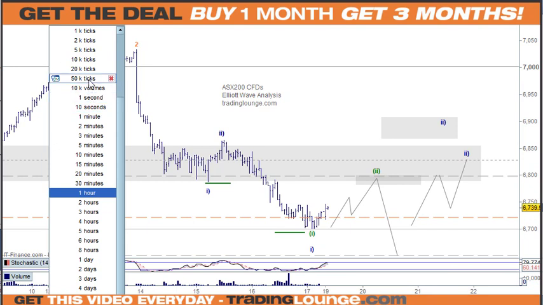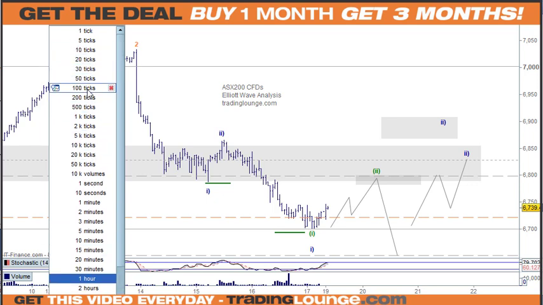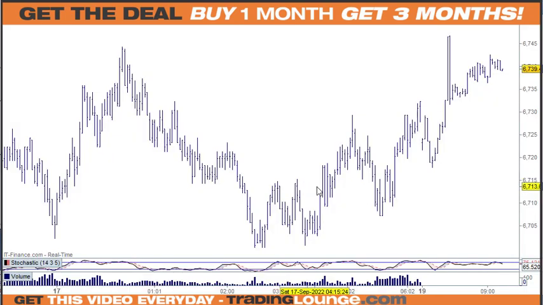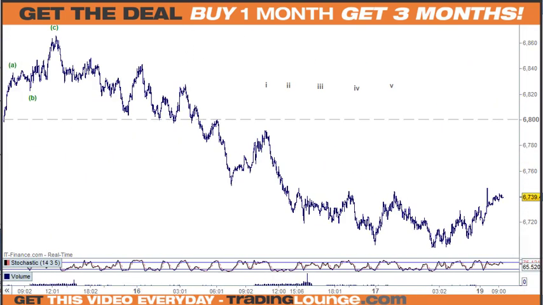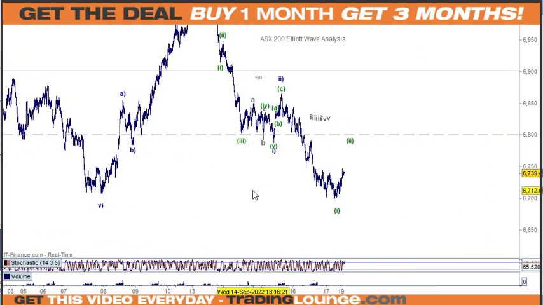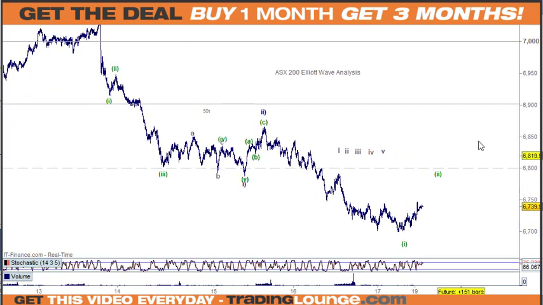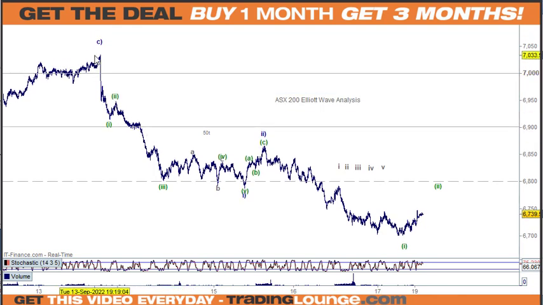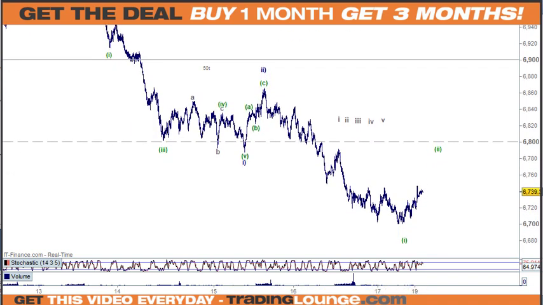So counting this down through to here, we're going to go to the 50 ticks for that. But first of all, we want to go to the 100 ticks as well. We've been working on that as well. So let's just get in some data on this. In this instance, this was kind of where we left off last time. We were counting down, and this is valid as 1, 2, 3, 4, 5 here, and then the correction here, and then 5 down here, and then coming back to that point.